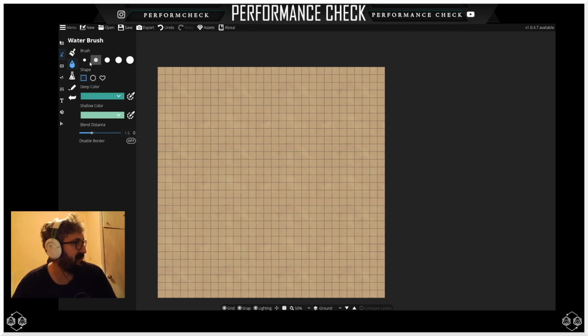Next in this tab is a water brush, which is pretty great. And oddly enough, the water actually remains animated whilst you're in Dungeondraft. So if you were wanting to run straight from Dungeondraft, you will find that if you, say, draw a river like that, for instance,